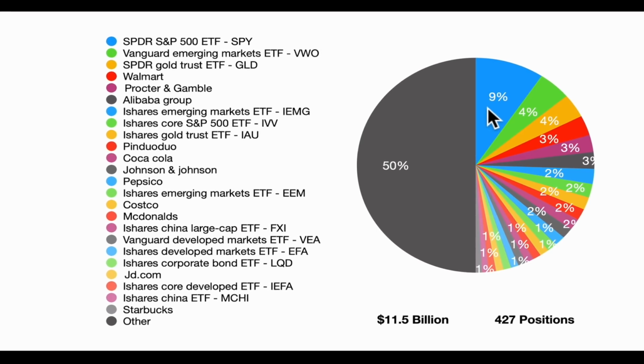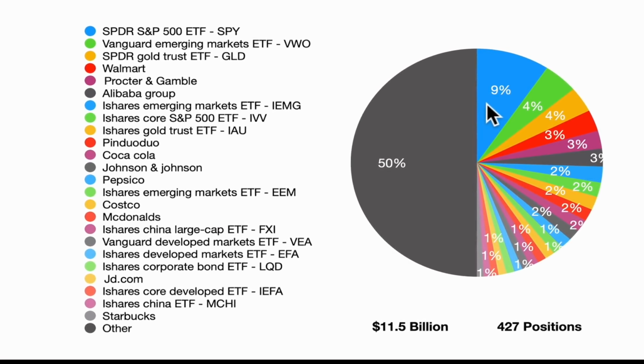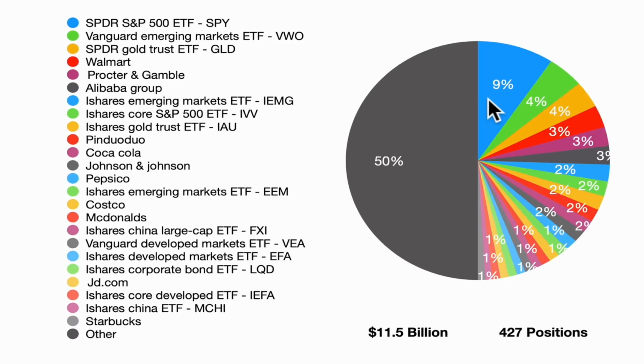So still the largest, biggest slice is the S&P 500 ETF SPY. Number 2 is the Vanguard Emerging Markets ETF. We then have the Gold Trust ETF GLD. We then have some individual positions. We have Walmart, Procter & Gamble, Alibaba. We have another emerging markets ETF, another S&P 500 ETF, another gold ETF, then have an individual Chinese company, Pinduoduo,